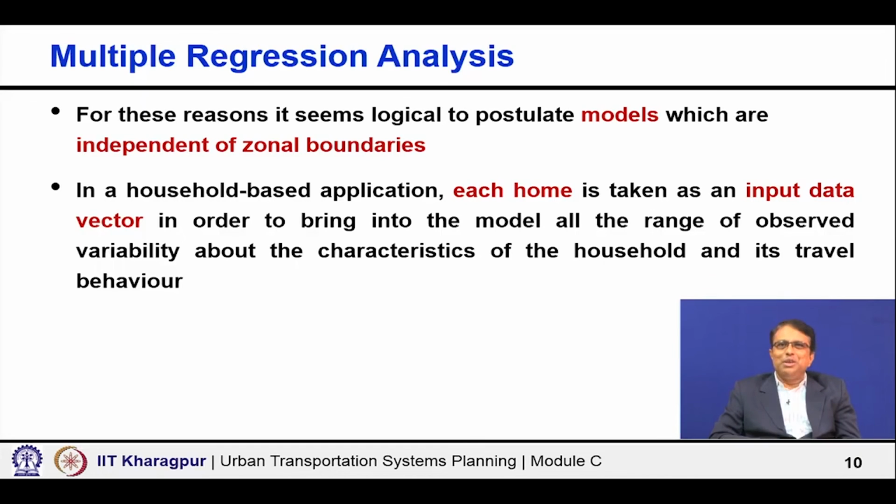We started with the zonal based model, we told you so many characteristics, and then reducing the intrazonal variability by increasing the number of zones. Implications also we told. What logically then comes out is that probably we can go for household based models to eliminate the effect of zone size in our model,